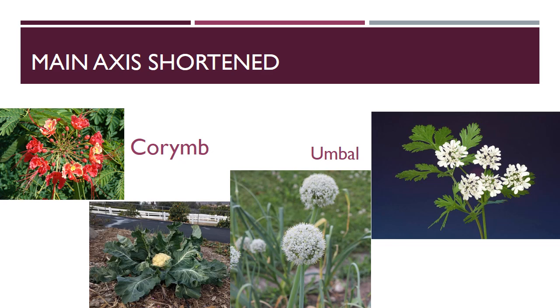Then next, umbel. What is meant by umbel? Umbel is nothing but an inflorescence with an indeterminate central axis and pedicellate flowers arising from the common point at the apex. Common point of pedicel at the apex. Underline it. Best example, Allium cepa. Okay, the ball-like structure plant is called Allium cepa. This is the best example for umbel. Then each smaller unit is called an umbellet. Okay, this is the best example. Carrot. Okay, carrot is the best example for compound umbel. Okay, then we are going to see about the main axis flattened.